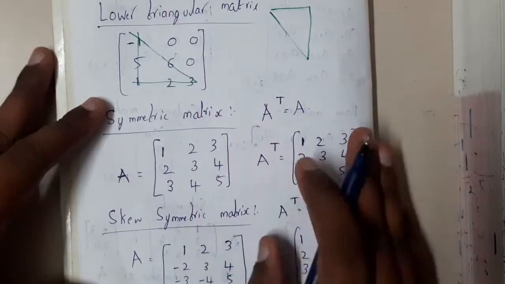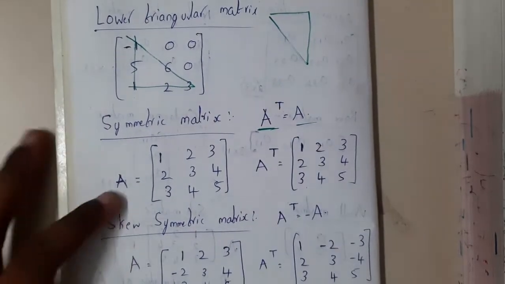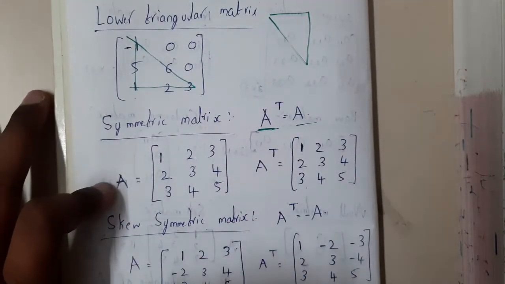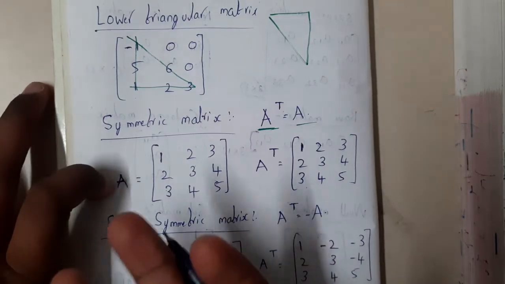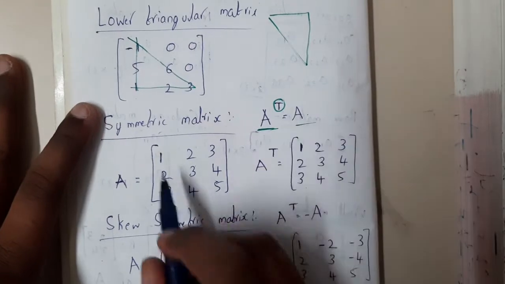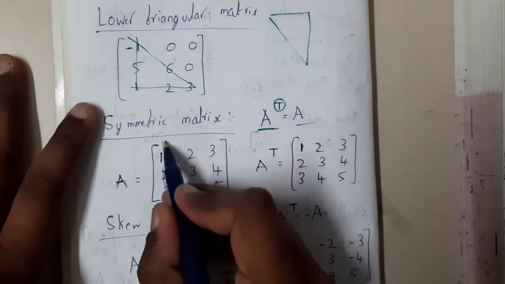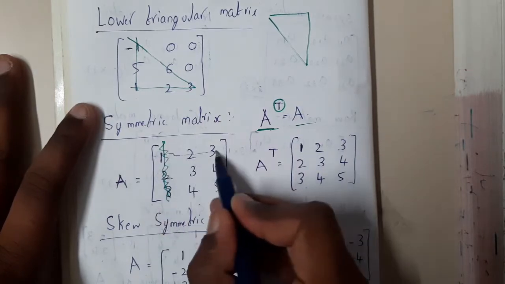Okay, symmetric matrix. So if you transpose the matrix, you will get the same matrix, guys. So your question will be, what is this transposition now? This word seems to be new for me, right? You might be assuming that way, right? So basically transposition is nothing but a process of converting a row or a column into the opposite one. So here I am converting a column into a row, right?